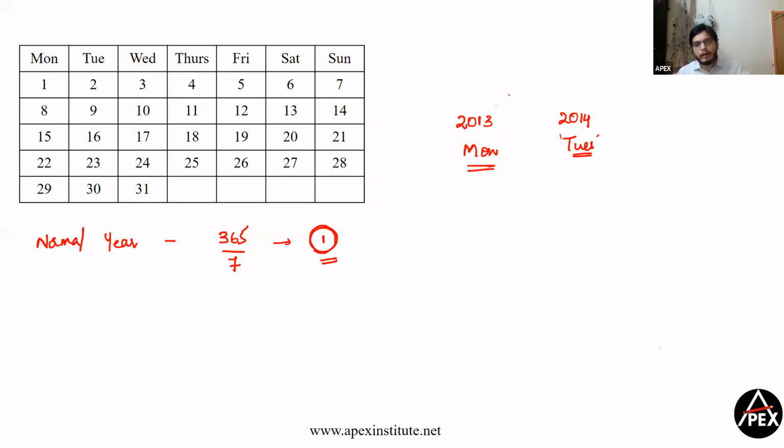Why do we have calendar changing every year? Because of this 1 odd day. ఇప్పుడు 2013 Jan 1st Wednesday అయింది అనుకోండి. Okay, 2014 Jan 1st will be Thursday. Okay, so the entire calendar year changes. That is because of this one odd day. Okay, this is for a